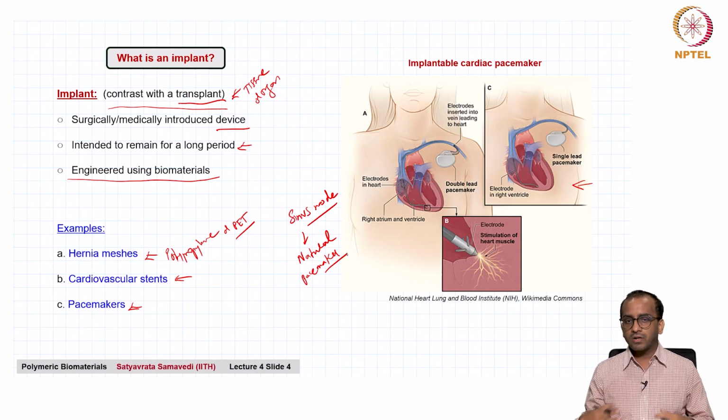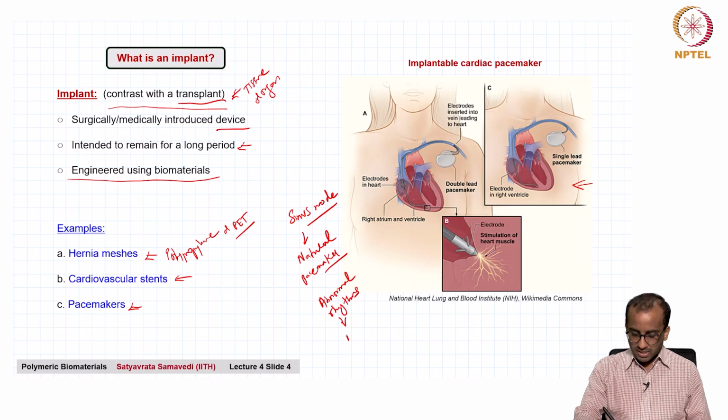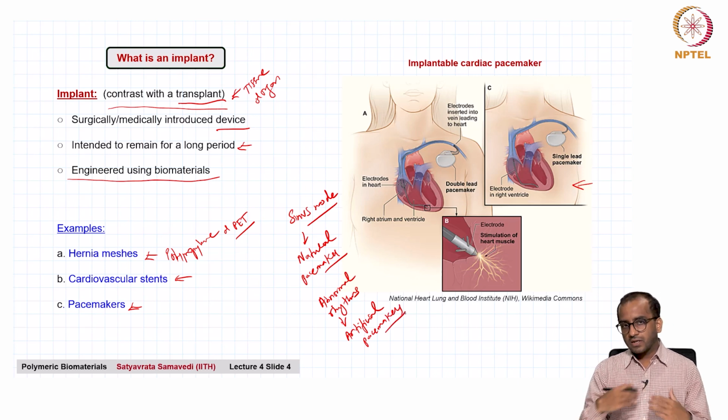Now, misfiring or issues with the cells associated with the sinus node can lead to the heart not beating correctly, which means external intervention is required, for which abnormal rhythms can be corrected by artificial pacemakers, where there is a wire that is used, and typically this is a titanium wire that supplies that because